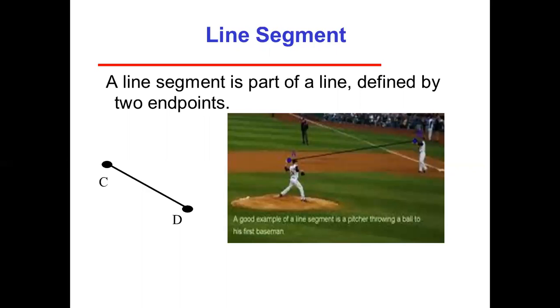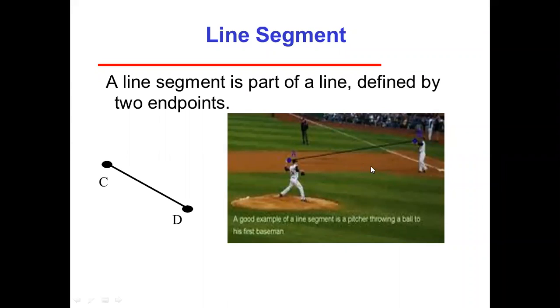So what is the point? A point is nothing but a dot. We can represent it by any letter. And what is the line? A line contains an infinite set of points. What is the line segment? It is a portion or part, or we can say a segment of a line. It contains two endpoints. So here C and D, this is the line segment.